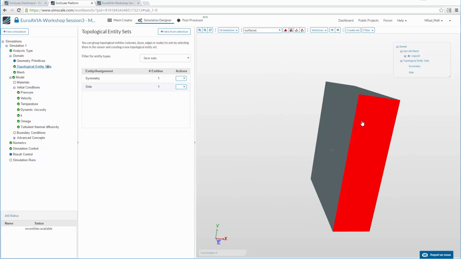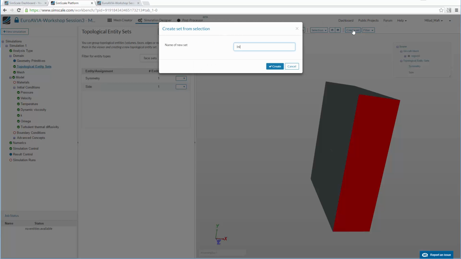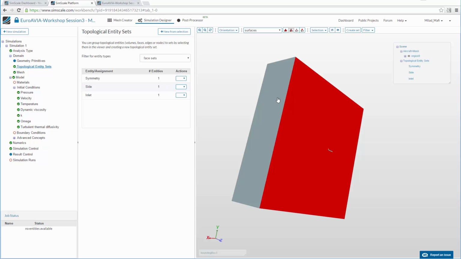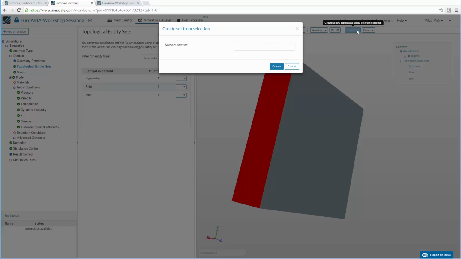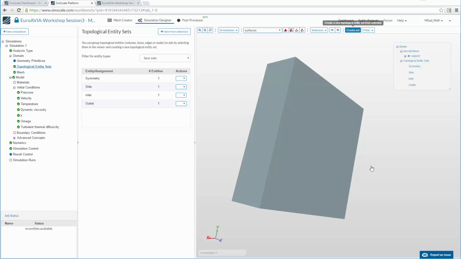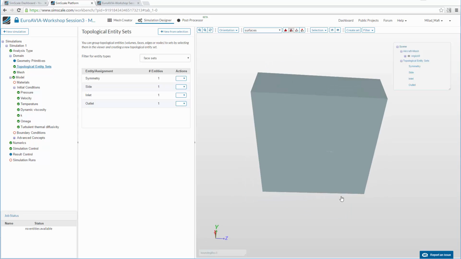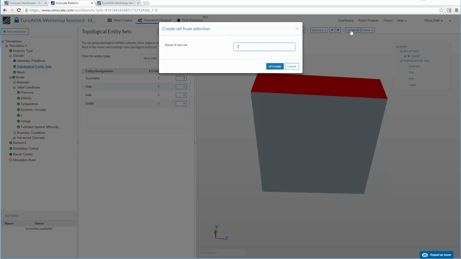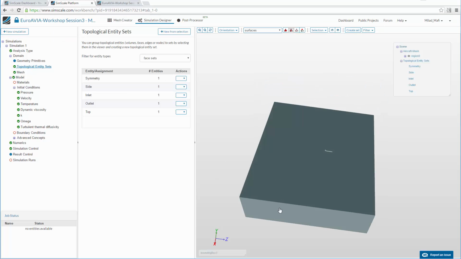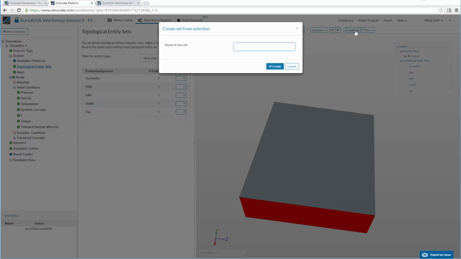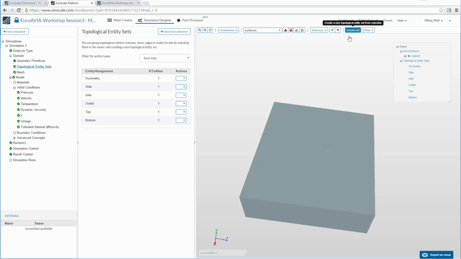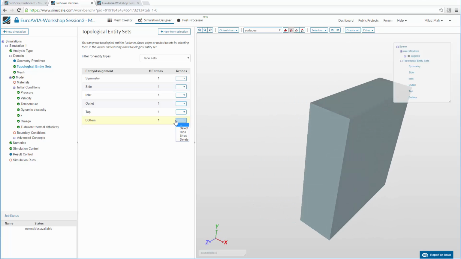We have here inlet, an outlet, top, bottom, and if we know